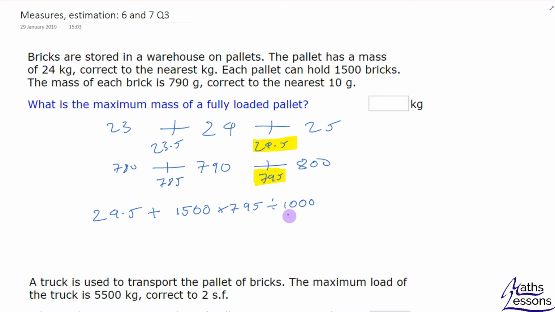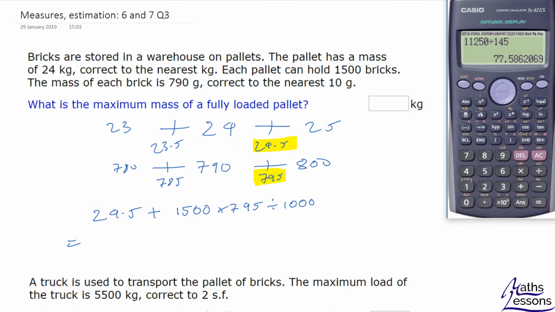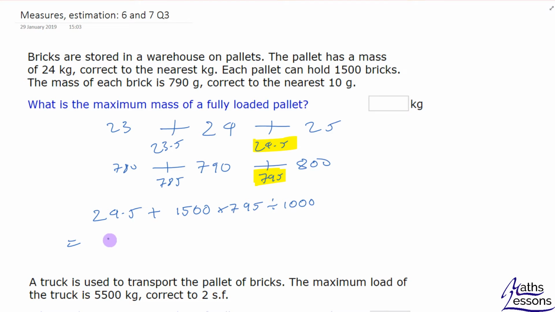Okay, and then what we're going to do is just work that out in our calculator. And what you can see is if you do 1000 into 1500, that's the same as 1.5. So for those of you that are quick on that, you do 24.5 plus 1.5 times 795, or you could just do 1500 times 795 divided by 1000. Doesn't really matter, and that gives you 1217